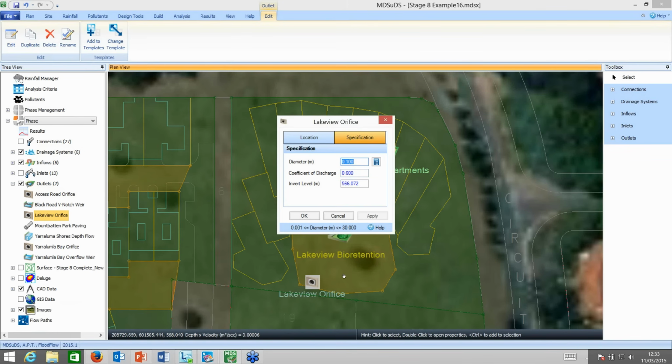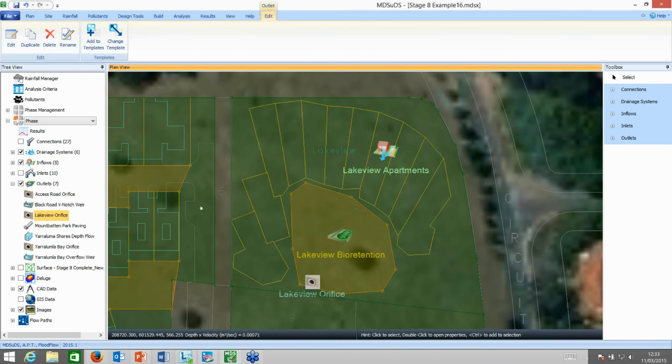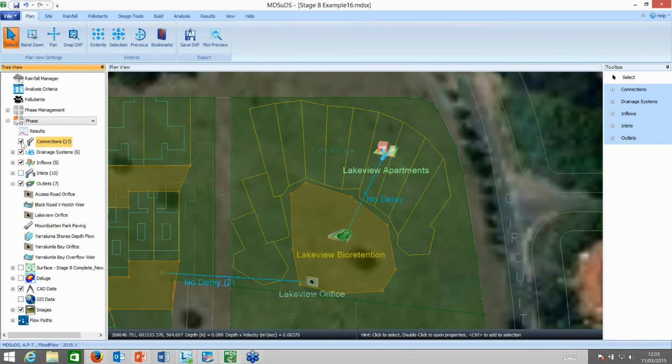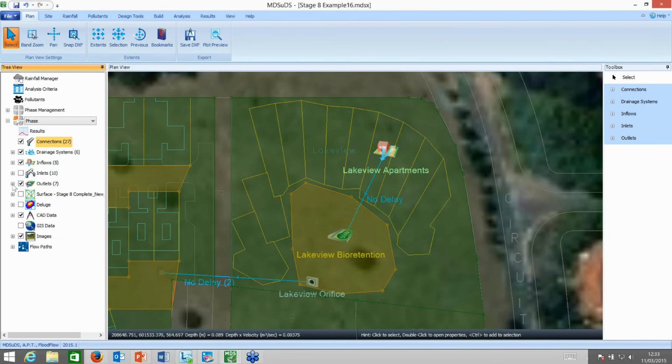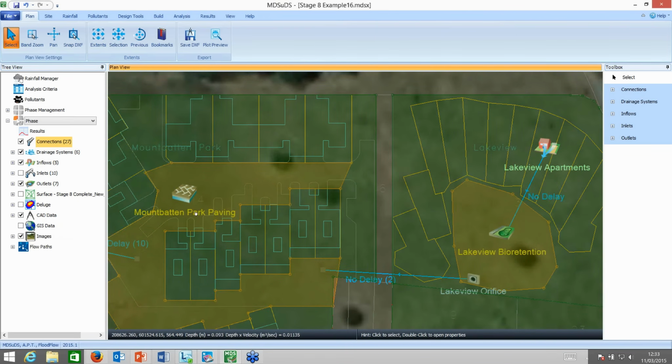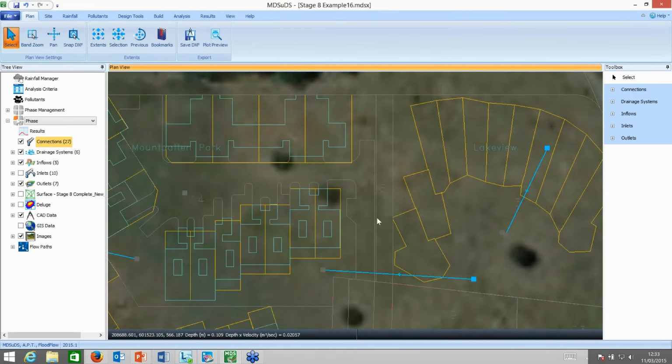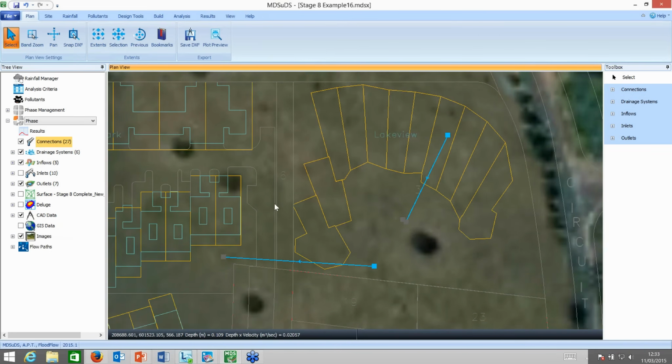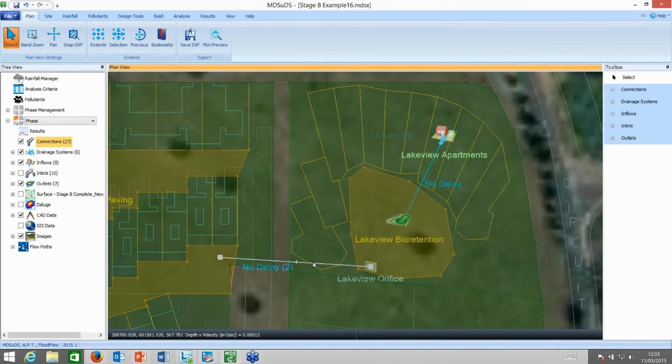So that is now passing to the final link in the chain, connecting through a connection. So I've just switched on the connections. And you can see that the orifice is now connecting with no delay into this structure to the left-hand side. And that structure to the left-hand side is porous or permeable paving, pervious paving. If I double click on the connection,